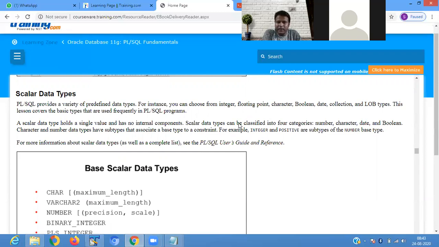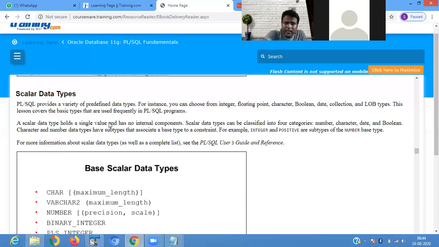Scalar data types can be classified into four categories: number, character, date, and boolean. A number data type and subtype is associated with a base type or a constant. You can store any type of value in a scalar data type.